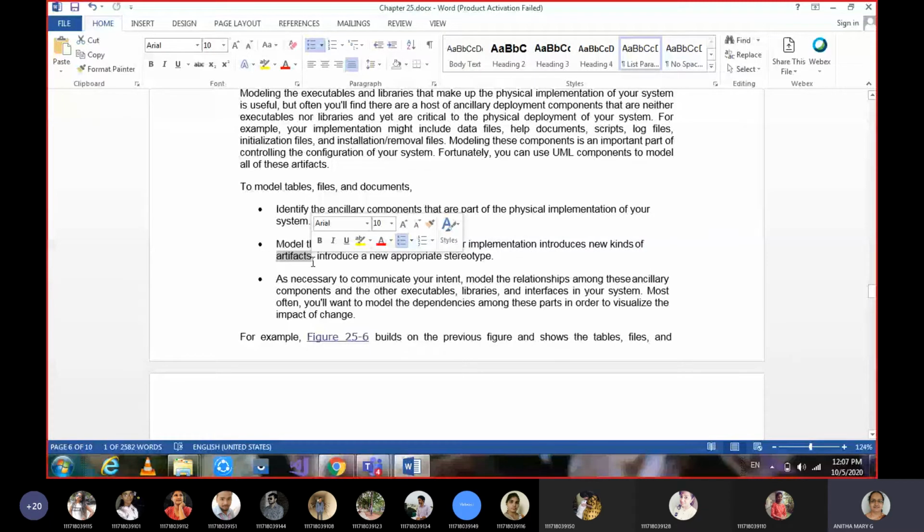Components are also called artifacts sometimes. Maybe in the syllabus, instead of components, they have used the terminology artifacts. But when it comes to the textbook details, they talk about components. But it's one and the same. Please make a note of it. If the terminology changes, it's not a different one, it's the same.